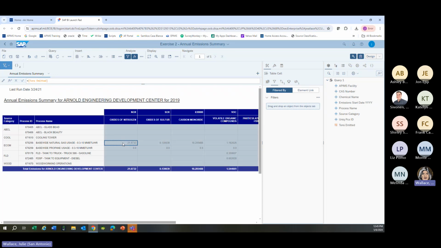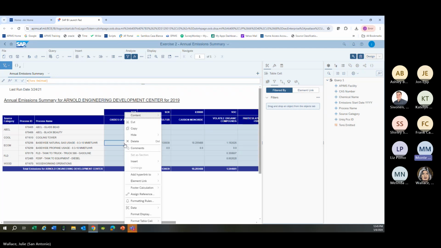All right, so that was another one of the functionalities I want to show you. Now, Monty, I'm going to talk to your reports. I know that you have state reports where the numbers have to be in a specific format, okay? I believe scientific format, right? Yes, that's correct. So that is an important thing. I know a lot of other installations, they have to report to a certain number of sig figs. Instead of trying to export it and then fix it each time, you can format the